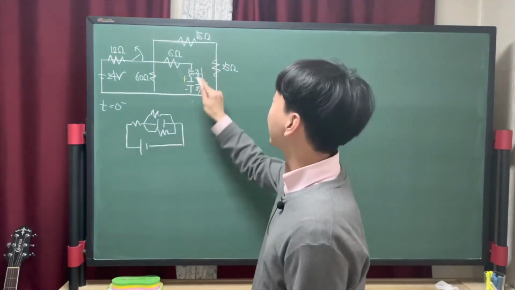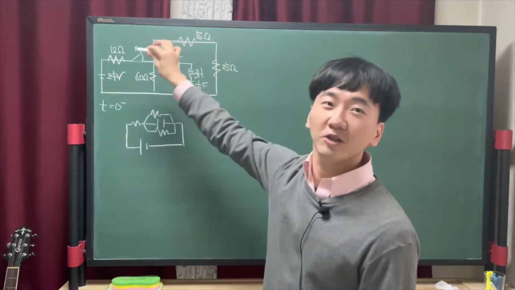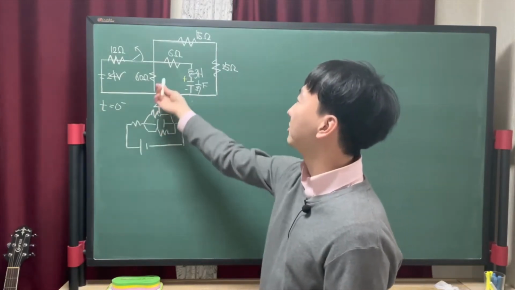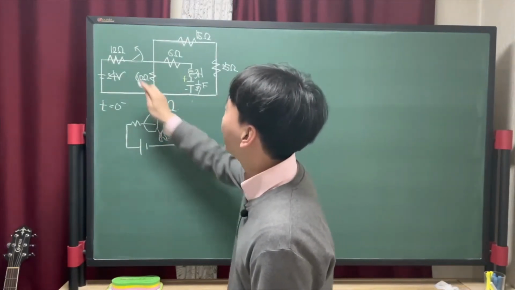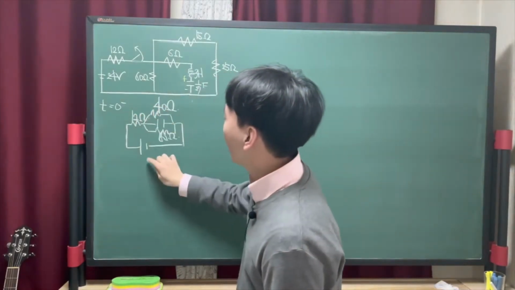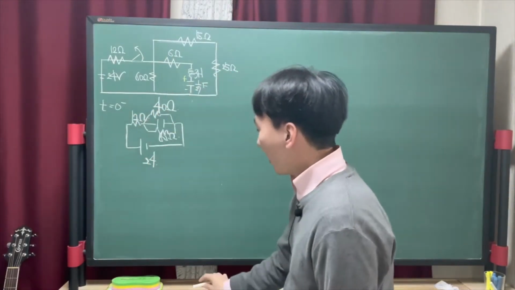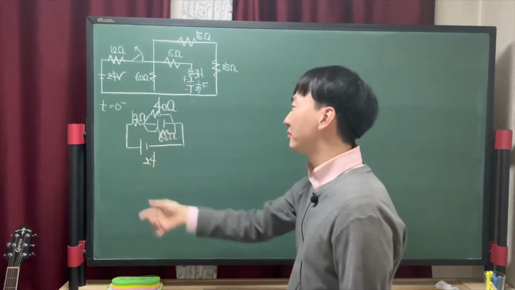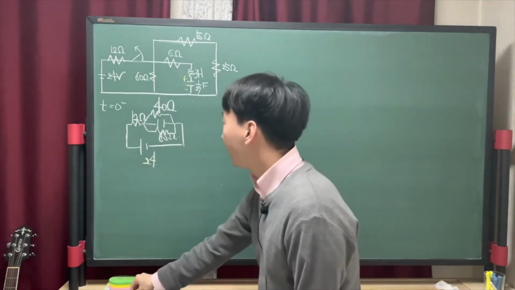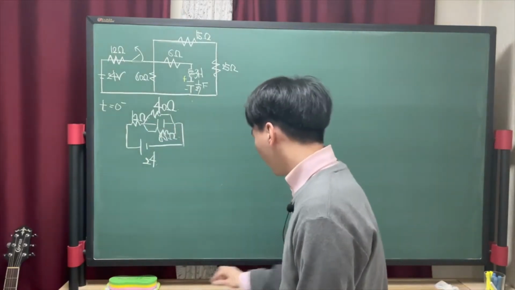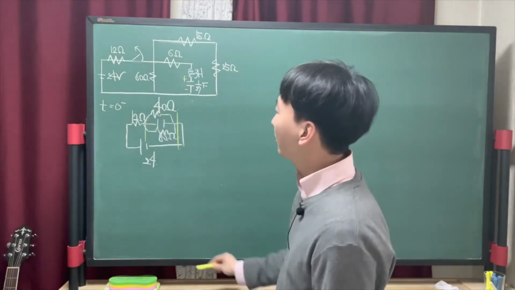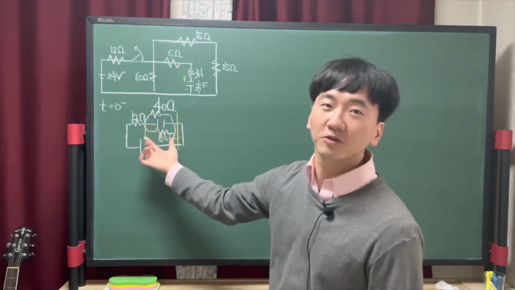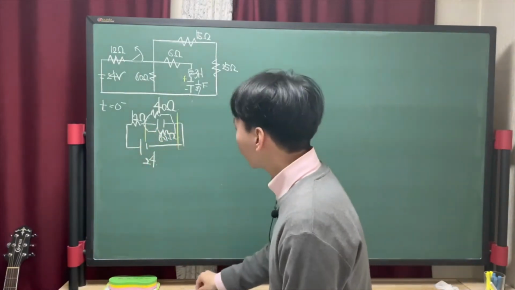So these are connected in series: this is 40 ohm, this is 60 ohm, this is 12 ohm, and this is 24. There is no current, so we can remove this capacitor part, and the voltage amount is of concern. We want to know how much the capacitor is charged,